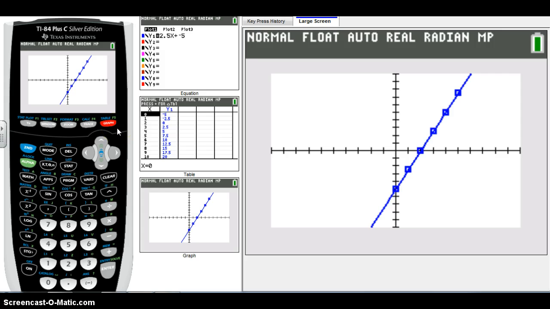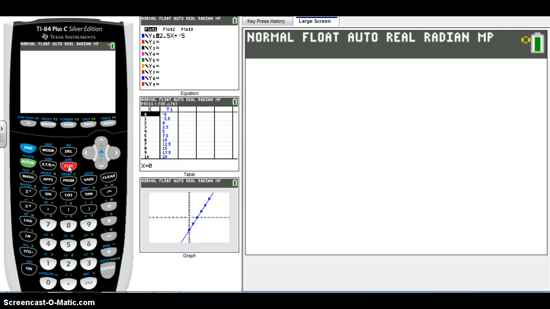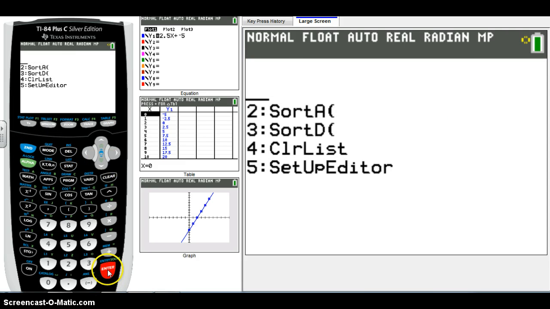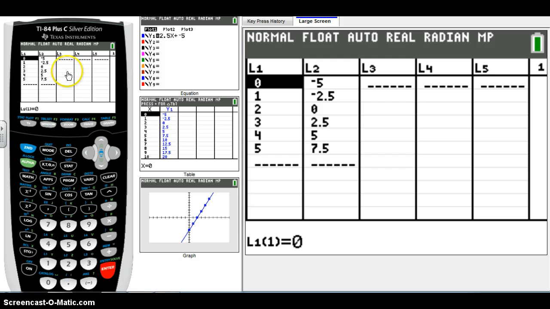So now let's explore quadratic regression. Let's go ahead and go back to our list by pressing Stat and Edit. And just for the sake of things, let's keep our L2 in there so that we can see our linear regression. And let's explore what it looks like to input more than one set of data on the graph at the same time. So now in list 3, let's input the values -2,